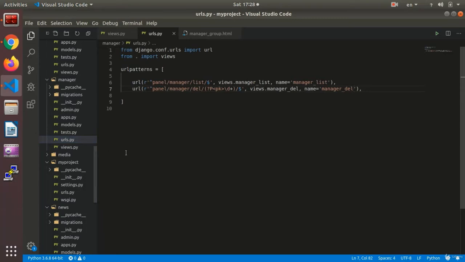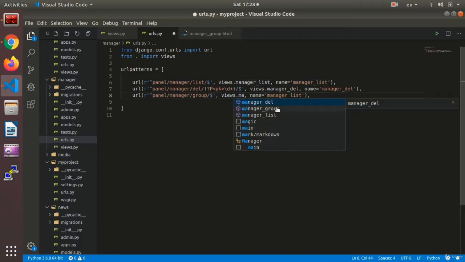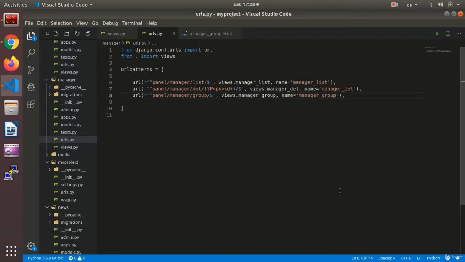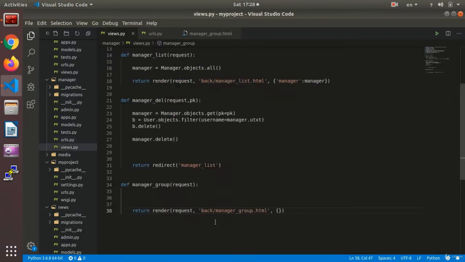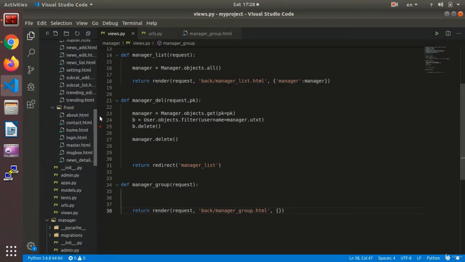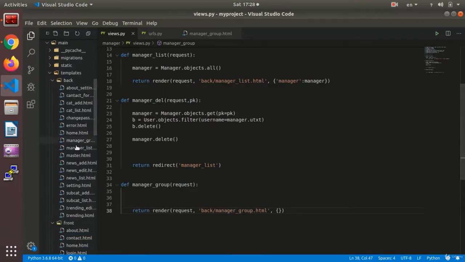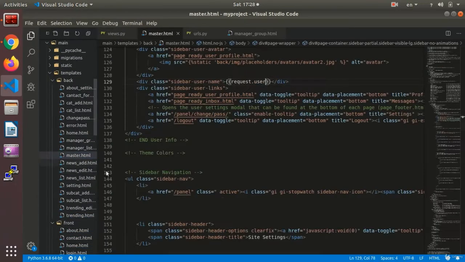Okay, and then we need to make its URL. So before we do anything, let's take care of making the URL first, and then we can self-assuredly move on to the next steps. All right, that's it for the function. Now we need to add it in the master as well,